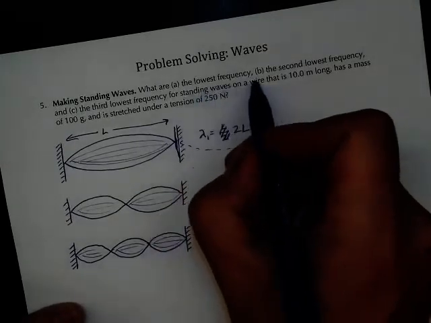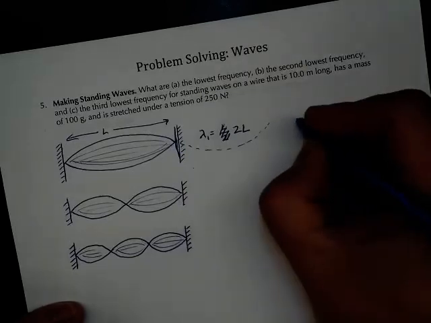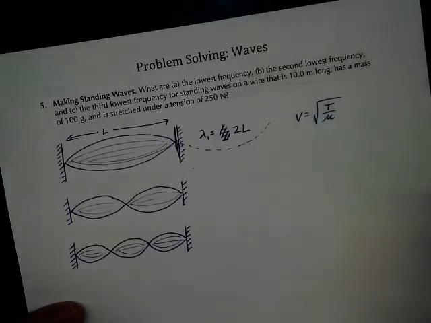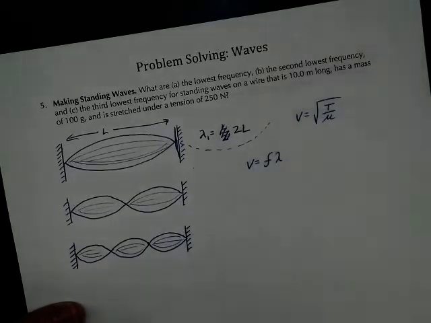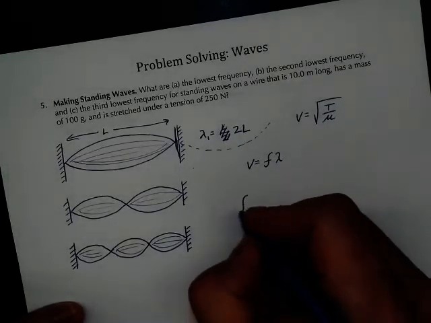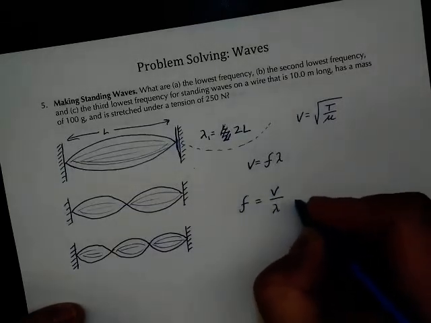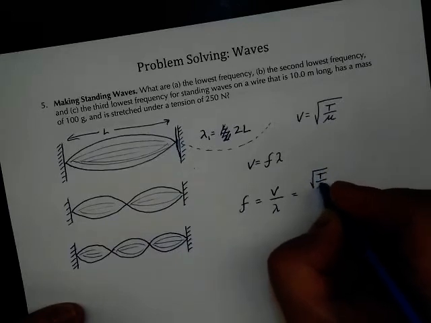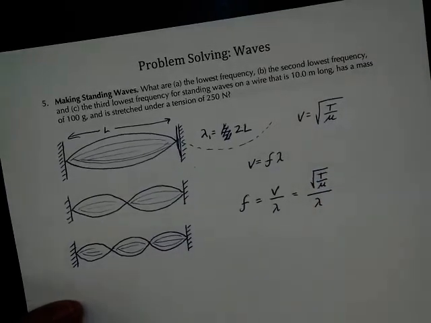So we want to know what the lowest frequency is. Well, we've got to put together two ideas here. One is that wave speed is the square root of the tension divided by the mass density. And two is that wave speed equals frequency times wavelength. So if we put those together and solve for frequency, frequency is speed divided by wavelength. So that's the square root of the tension divided by the mass density, divided by the wavelength of a particular